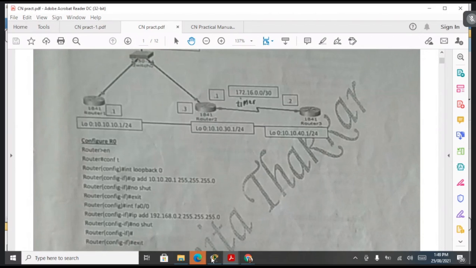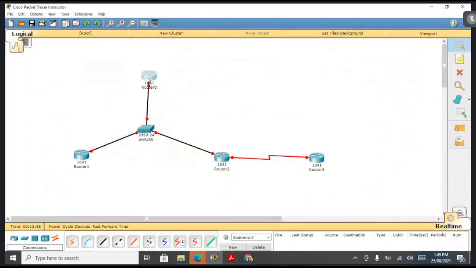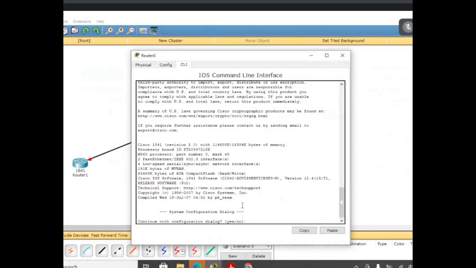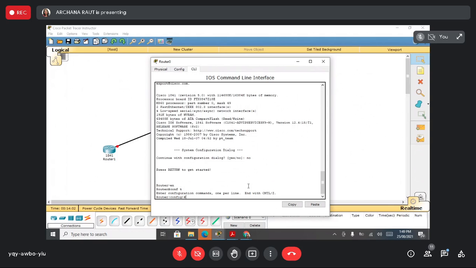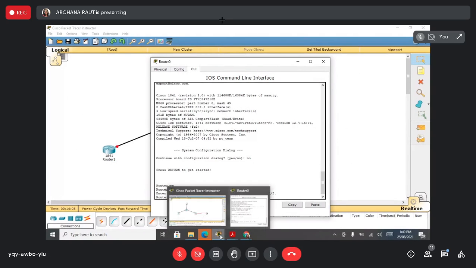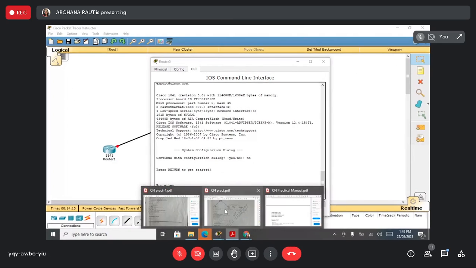So let's go to our diagram. Click on this, go to the CLI, press enter, enable, then we can go to config mode using configure terminal. Now we can give names to our routers, router 1, 2, 3, 4, by using hostname R0.